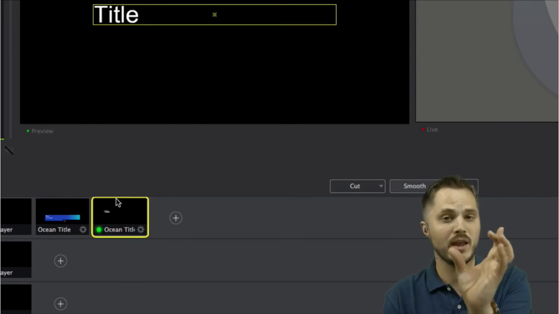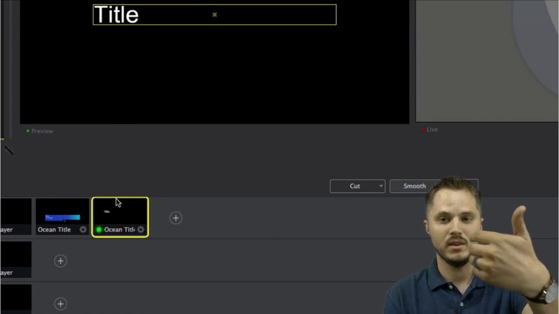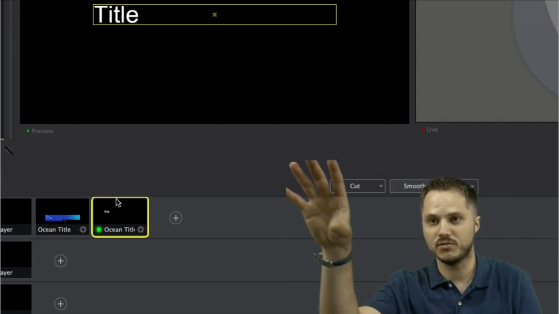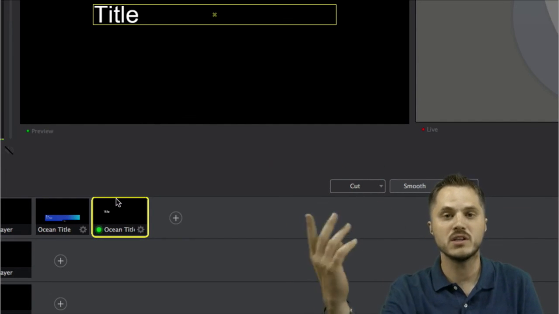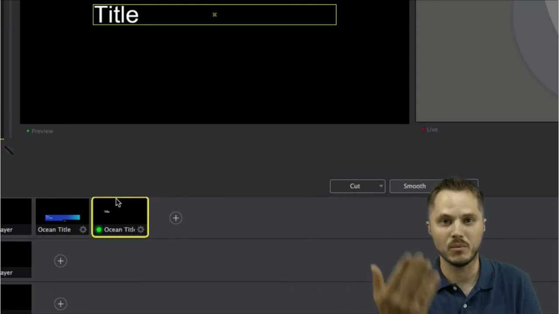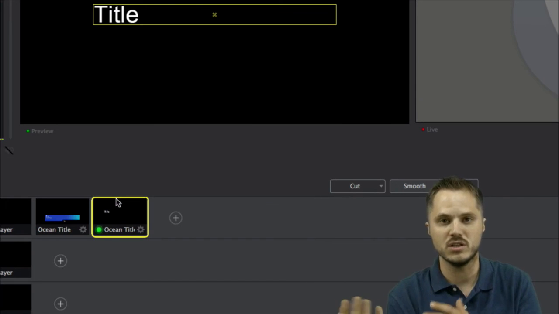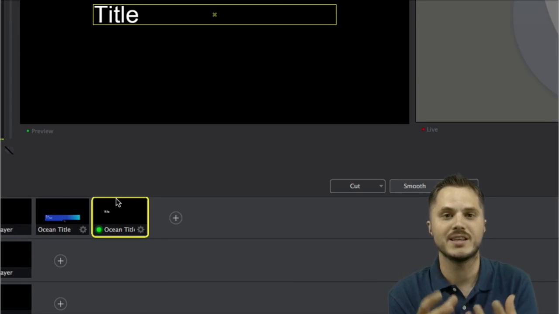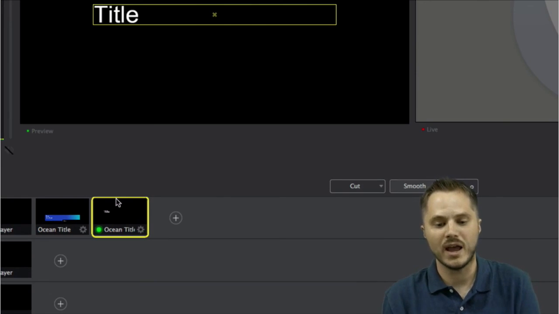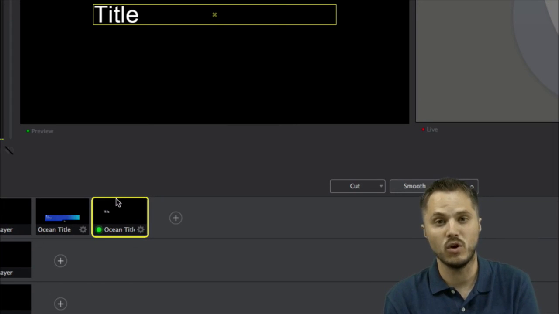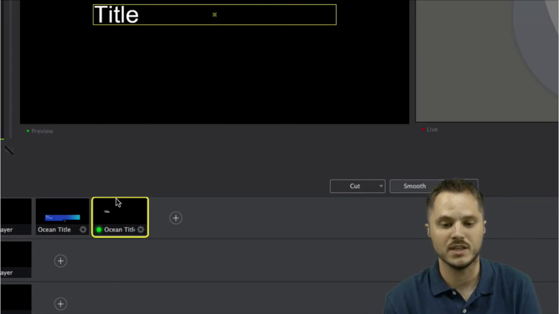You could almost consider it like a camera. If you had a camera A pointed at a person, and you use that same camera A in a different shot, even though they're in a different position or maybe they're smaller, the person on screen hasn't changed. It's the same camera angle, the same content inside the shot. All you've done is change the position or throw on a filter, but the actual video content inside that camera hasn't changed. In order to do that, you'd have to make a new camera. So you have to start considering in Wirecast 7, text boxes are like cameras, global cameras, and they're almost like shots of the text itself.